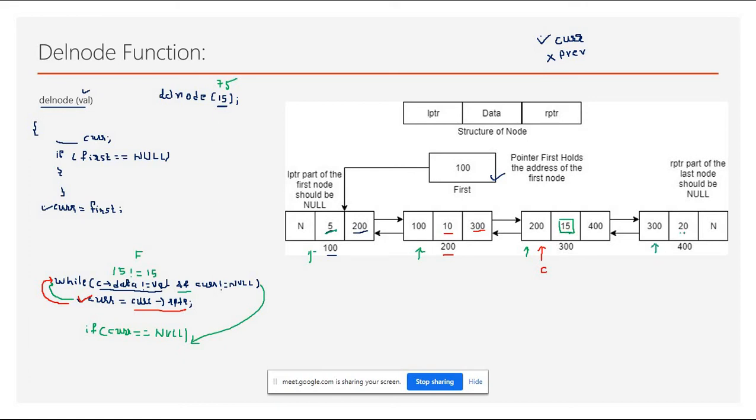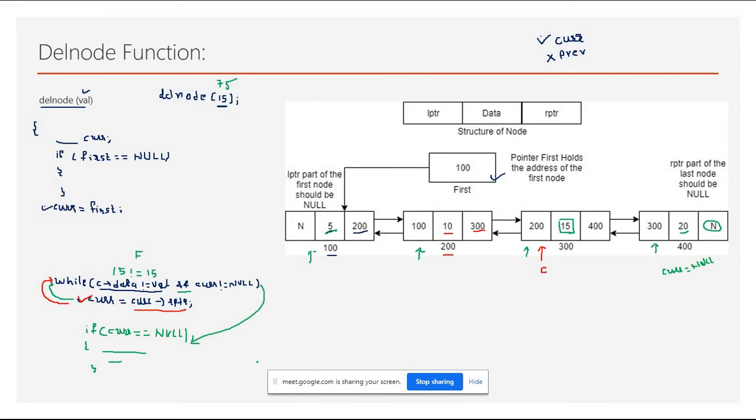Now you give a null to the current and current becomes null. So when current becomes null, that means the data value which we want to delete does not exist in our linked list. So here obviously we will write that the data does not exist in the linked list, and then we will write a return.